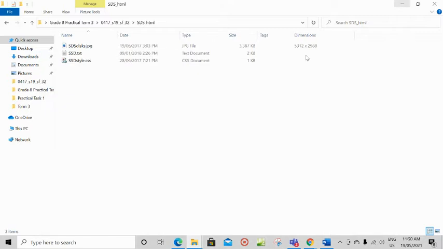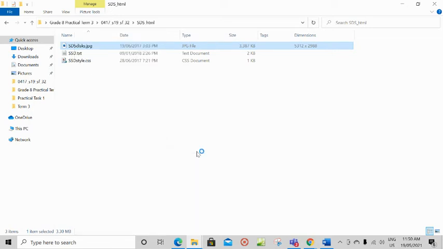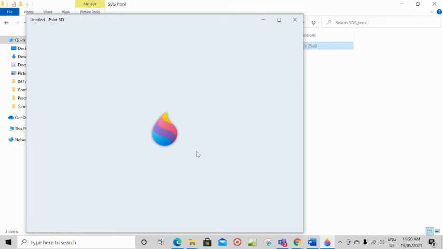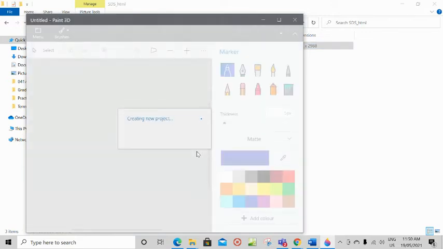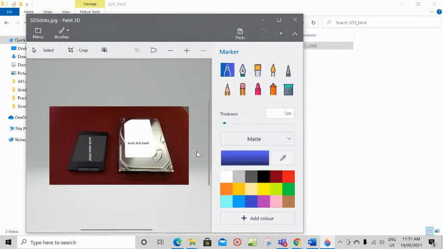So let me open the file first. Just click on the picture, right click, open with Paint 3D. So this is the picture. We have to reflect the picture horizontally.